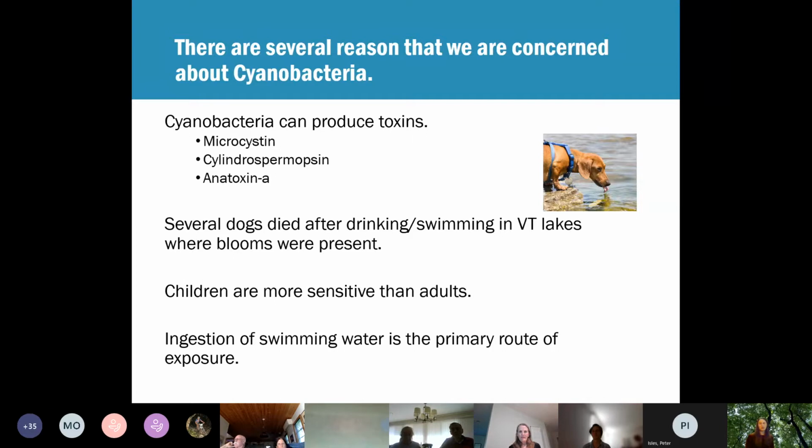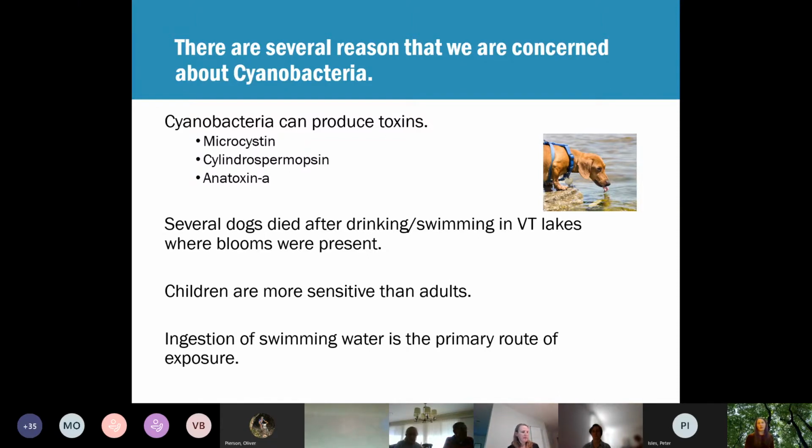We also know that children can be more sensitive to cyanobacteria blooms than adults, and that's for a couple reasons. You'll often see, especially very little children like toddlers, playing in the very shallow water, and in many cases that's where blooms can accumulate, so they may be exposed to them more. But also children have a higher exposure per body weight to these toxic chemicals. And that's something that's true for almost every chemical exposure, is that children get a higher dose than adults.